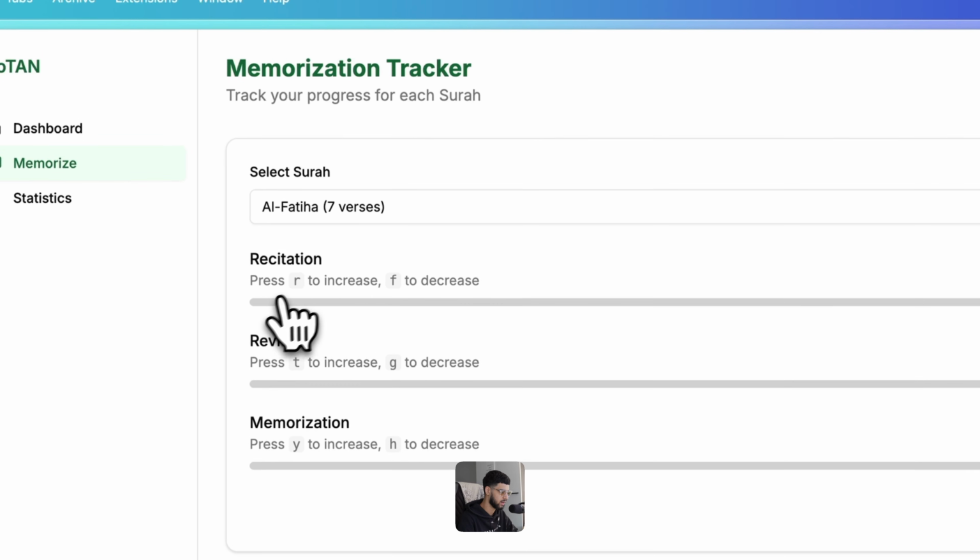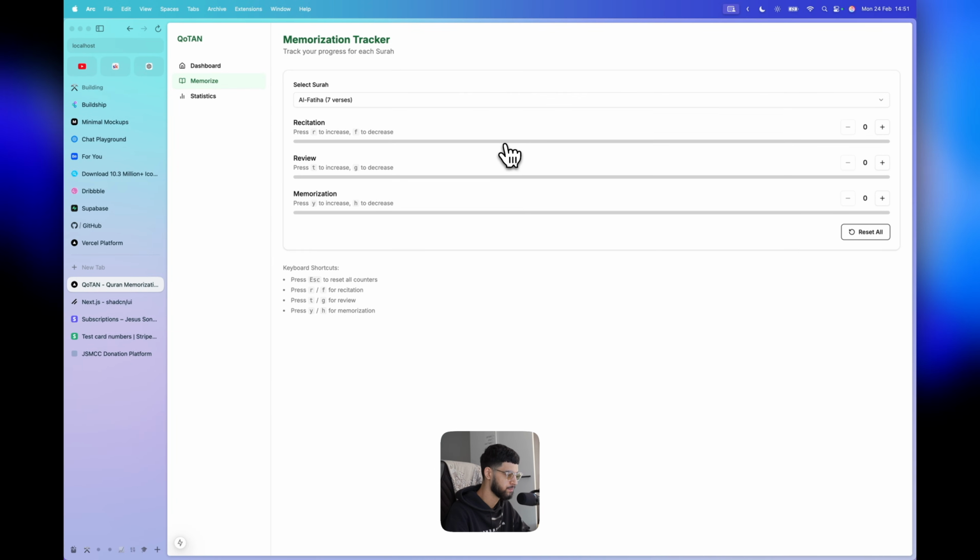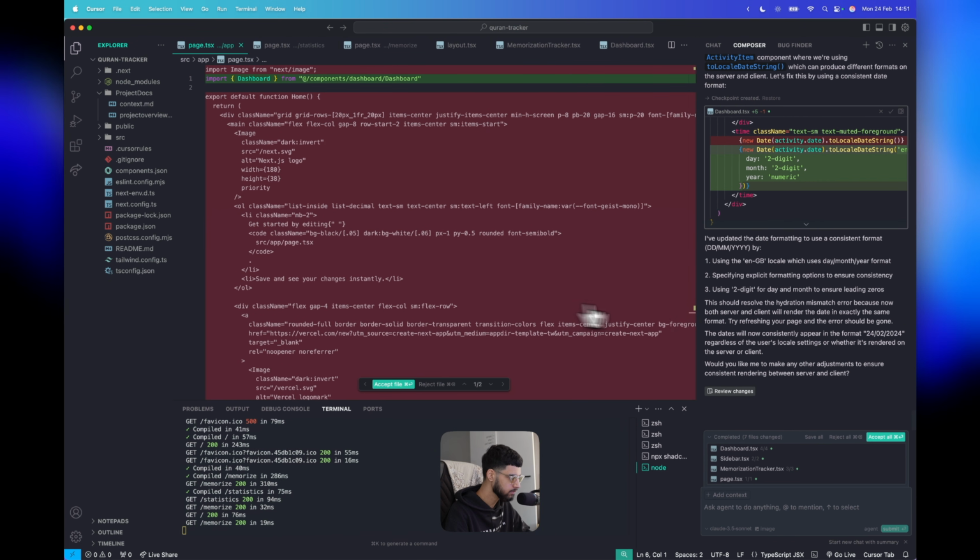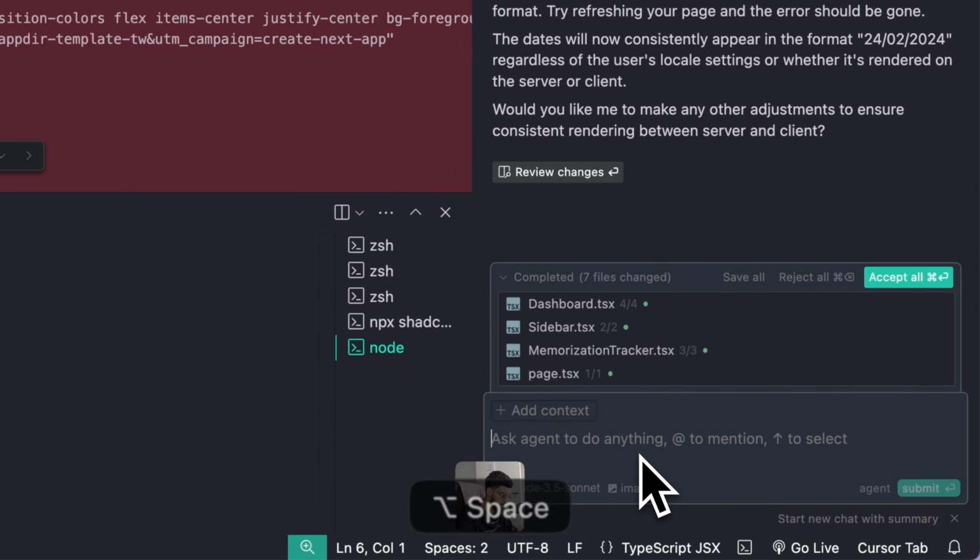How I do it is, it's like a streak basis. So if I go up and then I make a mistake at number 7, I'll start again. That's how I do it. So we will make that change here.